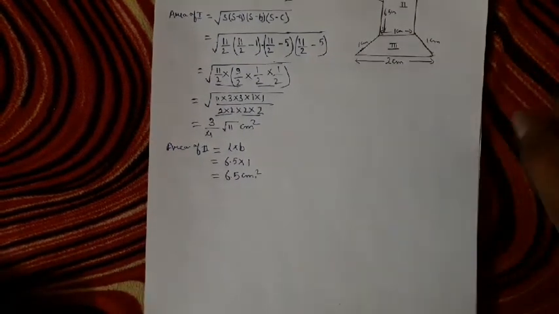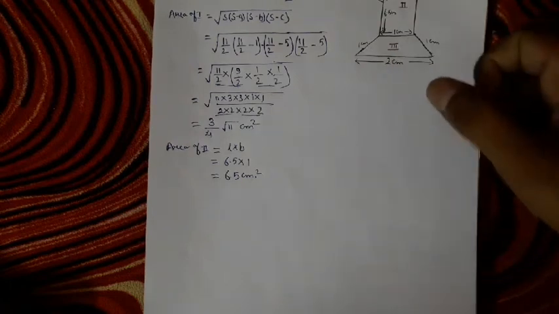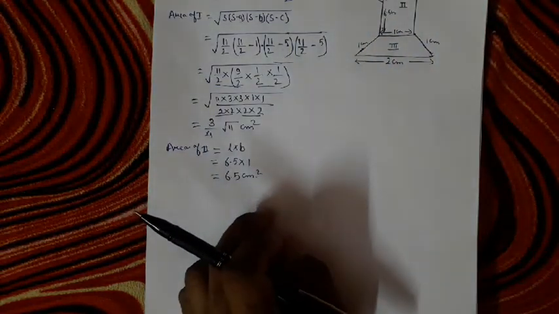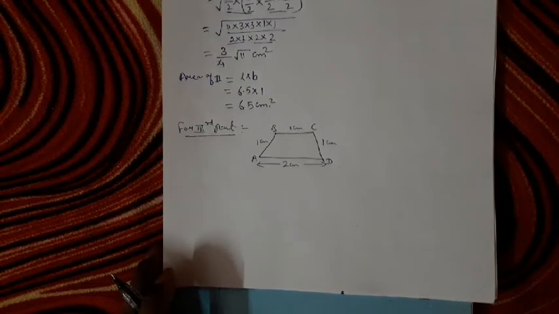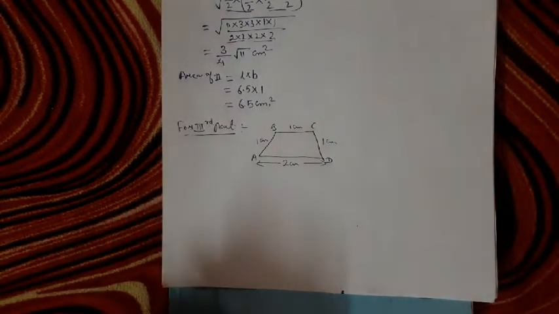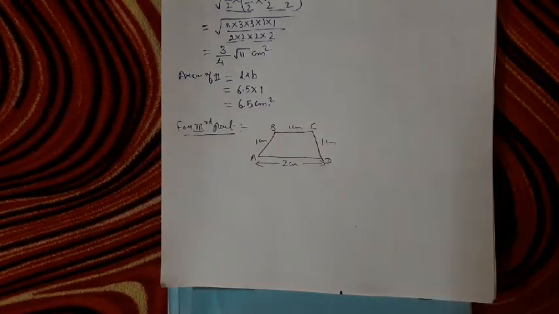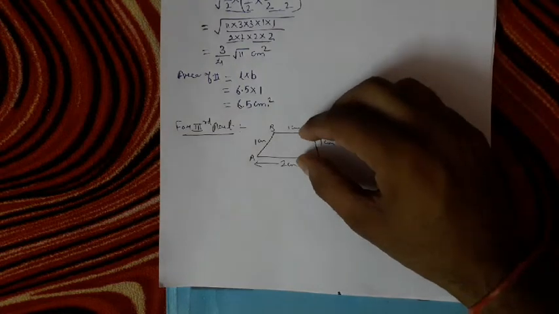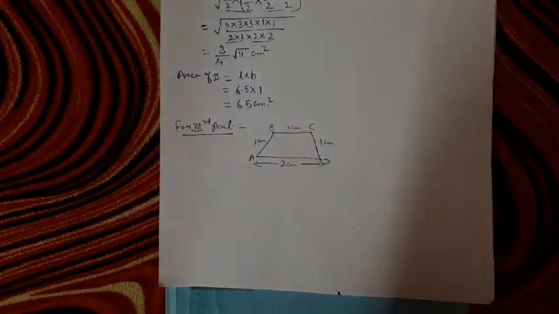Now we will solve the third part. The third part is the most different. The third part is a trapezium. For explaining it to you, I am drawing this figure one more time. See, here I have drawn the third part separately. For our convenience I have named it ABCD. Now what we have to do, we know the area of a trapezium, which we learned in 8th class. The area of a trapezium is 1/2 times the sum of the parallel sides into height. Now we have two parallel sides, 1 and 2 centimeter, but we don't have the measurement of the distance between them. This distance would be the height of the trapezium. So first we find it.